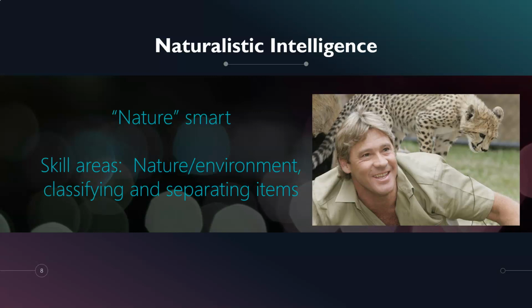We have the atmosphere, the gaseous envelope, the hydrosphere, the water, the lithosphere, the solid rocks, and the biosphere where plants and animals reside. So people who are really good at naturalistic tend to go into careers like botany, the study of plants, or zoology, the study of animals, or the interface between plants and animals and human beings, like environmentalism. So on the screen, you can see that beautiful kitty cat there with Steve Irwin. Deceased, of course, environmentalist Steve Irwin would be an excellent example.